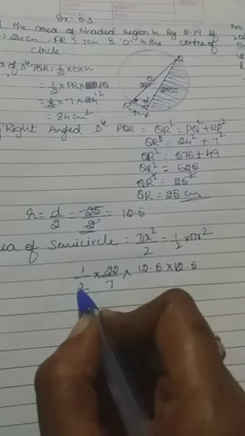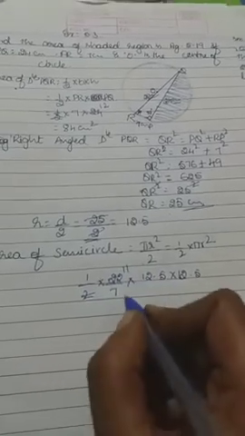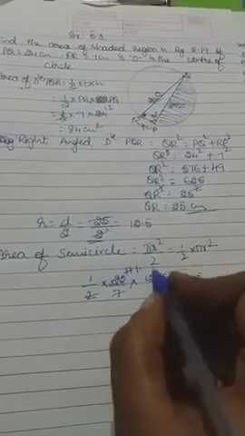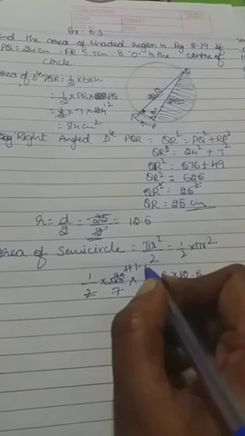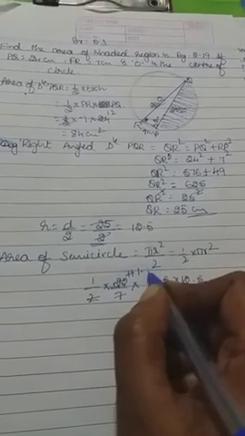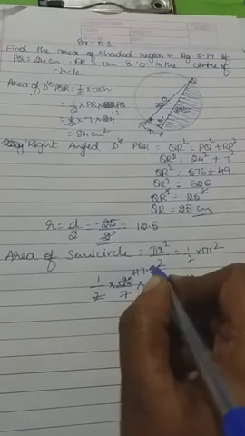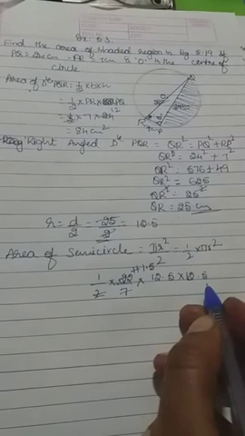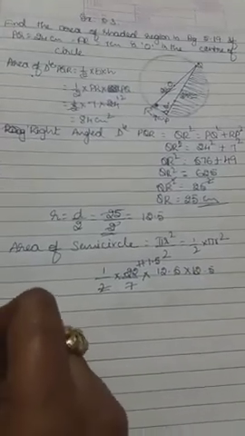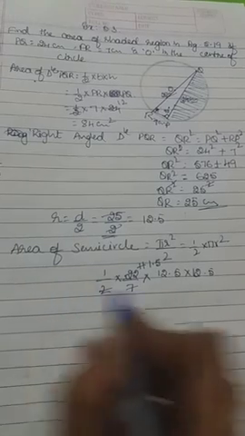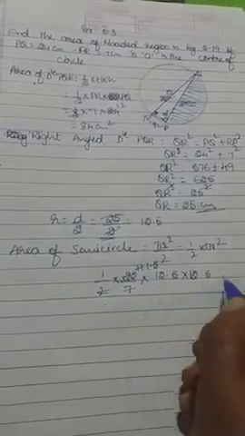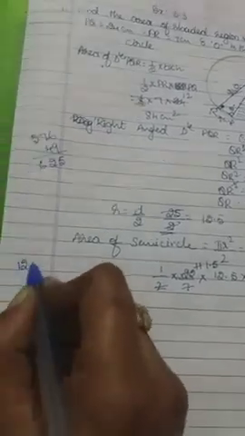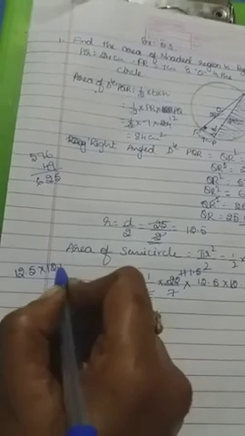So that is 2. From 2 it is 2 1s, and from 7 it is 7 1s 7, 7 4s are 28, 7 5s are 35, approximately. 7 6s are 42, it is more. So 12.5 into 12.5, let's multiply this. 12.5 into 12.5 into 1.5, we finally get 1.5 into 12.5 into 12.5. Let's multiply first 12.5 into 12.5.